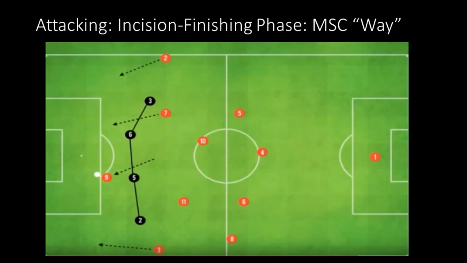So you see the number 9 has made a run, okay, and there was a weighted pass. We call it a slipping pass that's been played. It could be done through any one of these players, the number 7, the number 11 that had the ball, right, and the number 10. It's got to be well timed so the player's not offsides, but a pass that they can run onto into space with the right amount of weight. And that's where your technical skills come into play.